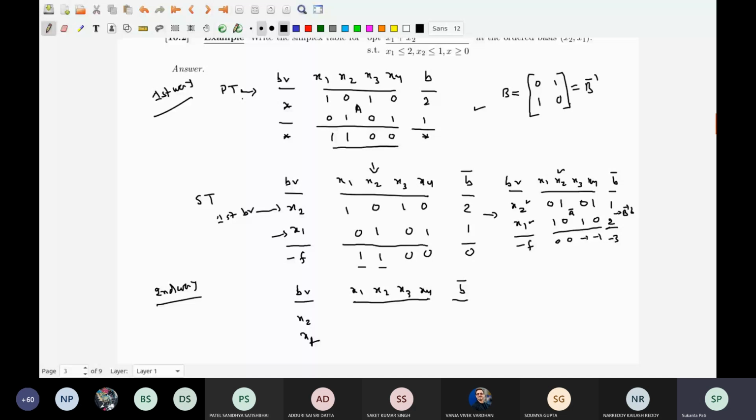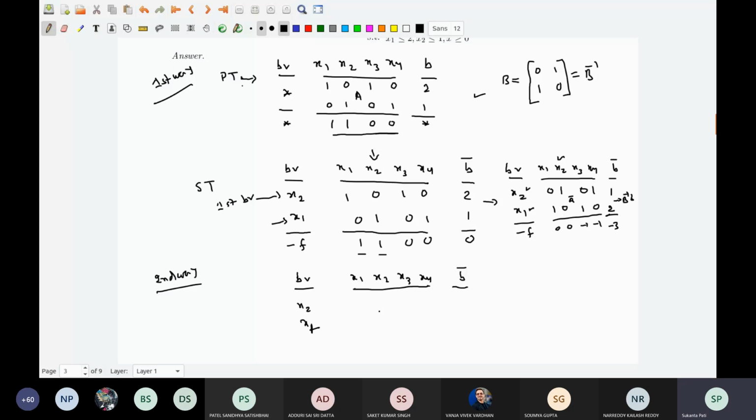And if I multiply B with matrix A, what will it do? It will interchange the rows. So what you will get now, you write B inverse A. Look at A, written over here. The first row comes to the second row, 1 0 1 0 2, and the second row goes to the first row, 0 1 0 1 1. Fine, that is what it said.